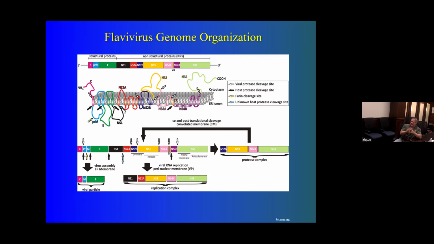So I put this up primarily just to give you, the viewer, an idea of how complex this process can be, where we're going to have multiple cleavage events and processing events. As indicated up here on the cartoon, these can be host cell proteases that are cleaving. These could be viral proteases, through protease activity that's contained within some of the non-structural proteins, that are going to process and cleave these things. The end goal being the production of new viral particles that can then be assembled and then escape and go out and cause disease. And again, if you're missing some of the detail here, I'd refer you back to short course session 2, where I went through viral replication in a little more detail.